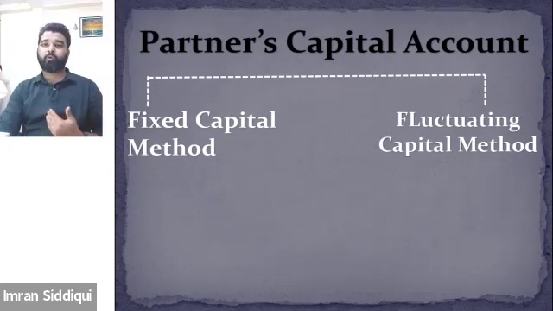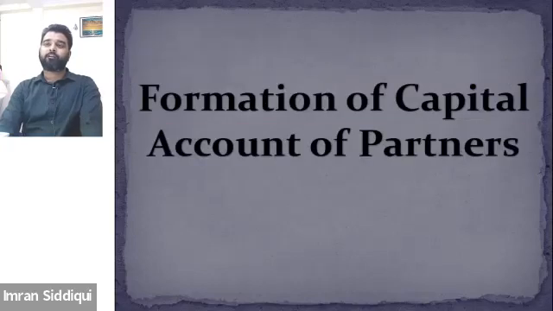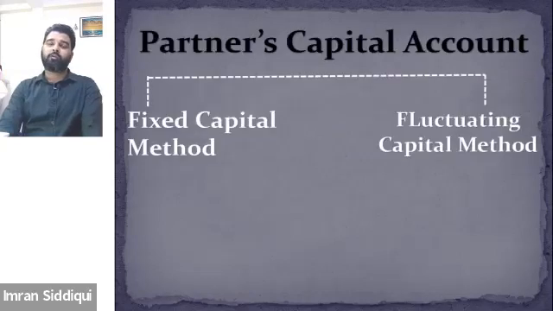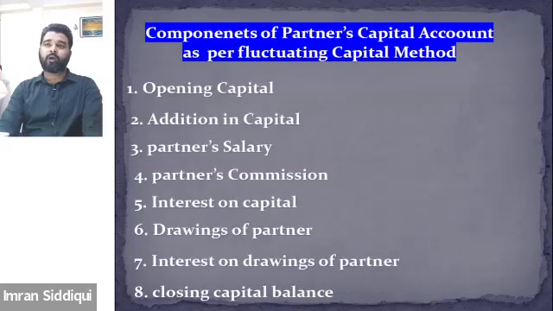So what accounts are prepared under the fixed capital method? We will talk about this in the upcoming session. But for now, just keep in mind that transactions relating to partners are recorded in the capital account. Such a capital account can be prepared by following two methods: the fixed capital method and the fluctuating capital method. As far as the fluctuating capital method is concerned, only one account is prepared, and all transactions are shown in it,